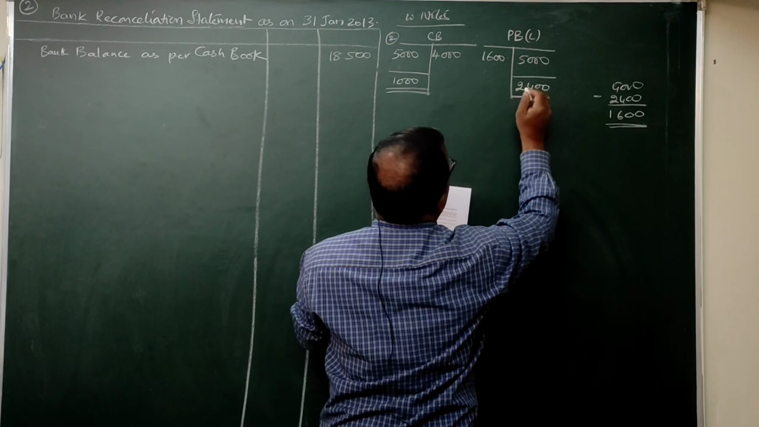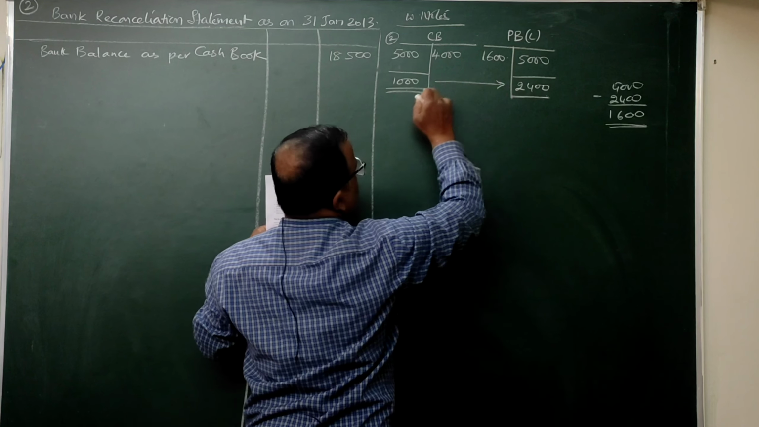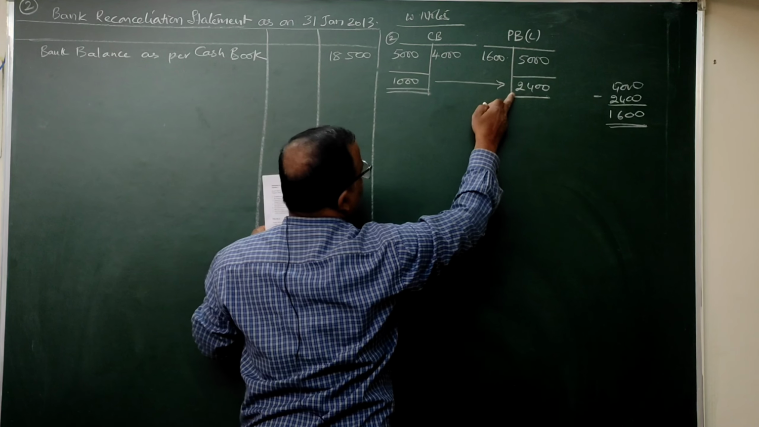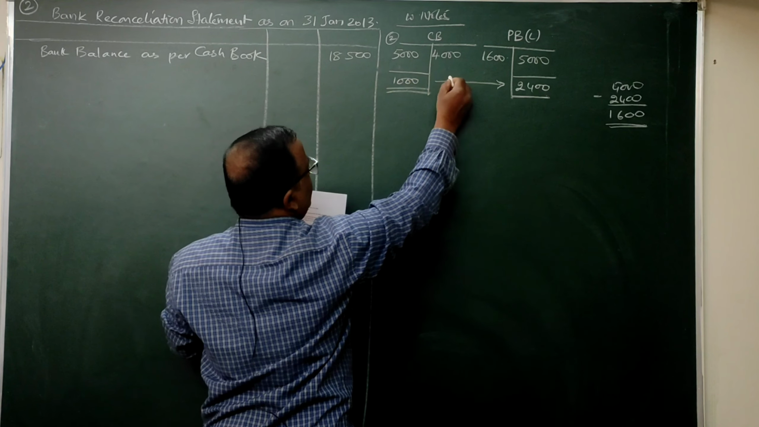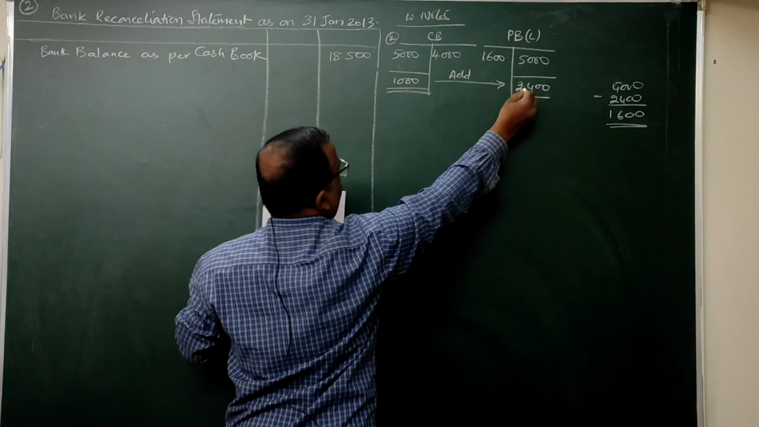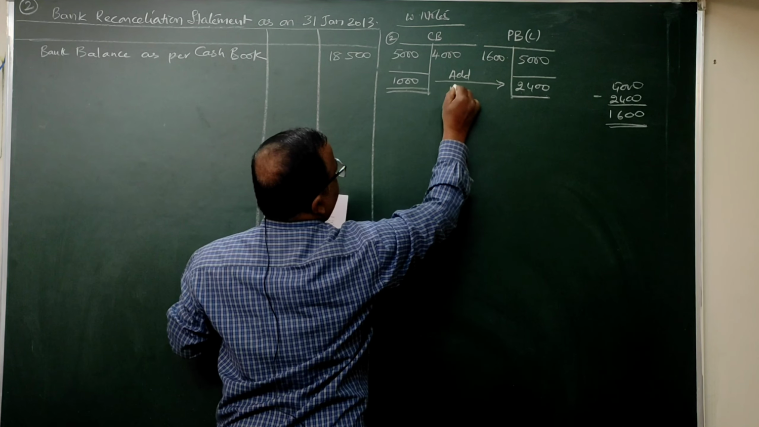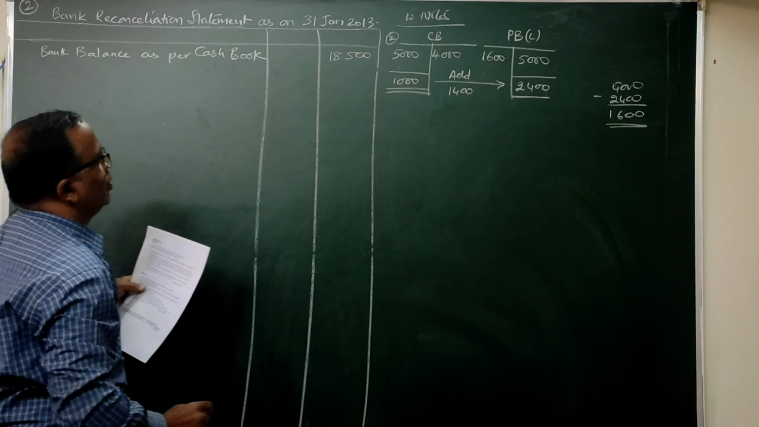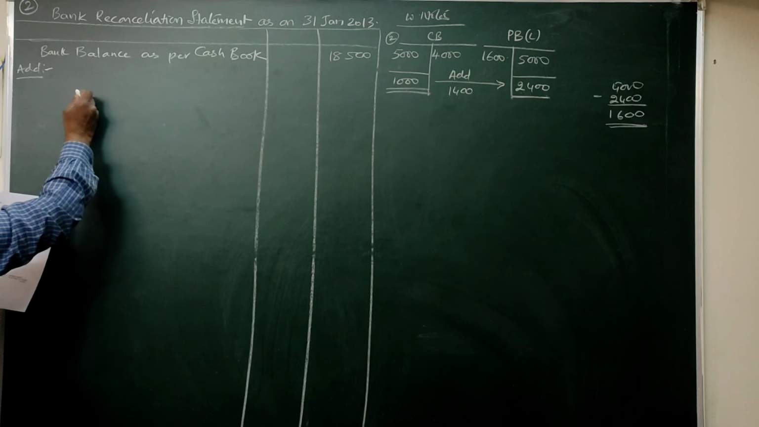So 2,400. Now observe here, our arrow mark should point towards the constant side. That means this 1,000 should be converted to 2,400. So to this 1,000, we should add to make it equal to 2,400. How much? The difference between these two, 1,400. So below add, you are going to write: